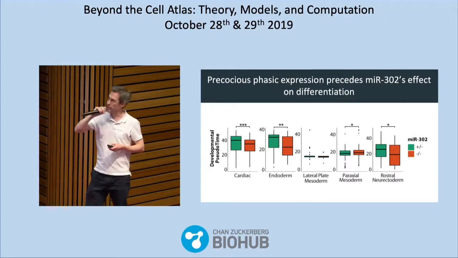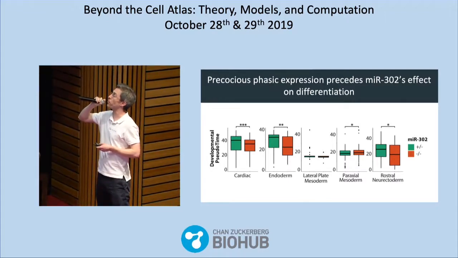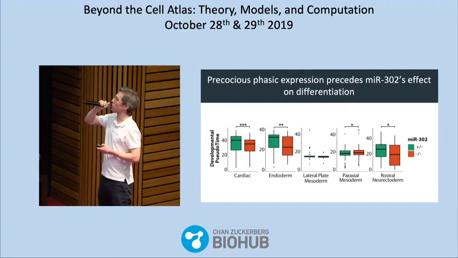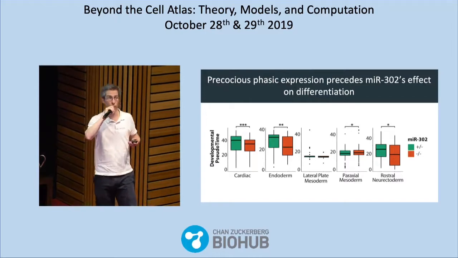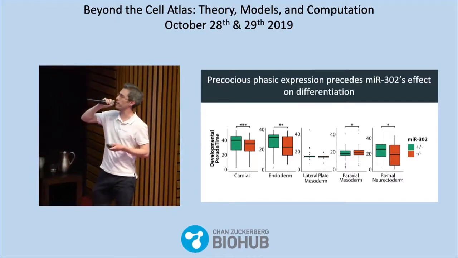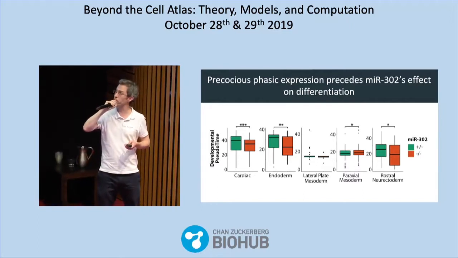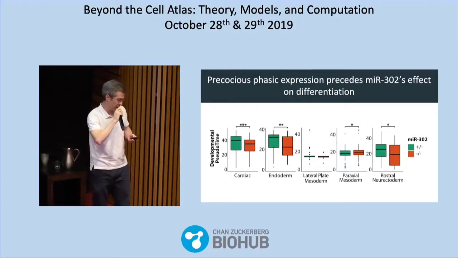And what you can see here, I don't think this is a phenotype, but I want to make the point that we don't see any difference in the differentiation status of the knockouts, which are shown in orange, relative to the controls. But we do see by a variety of different metrics that these cells have early evidence of phasic expression. So with that, our model is that the 302 cluster is promoting proliferation by suppressing the G1S checkpoint and timing differentiation in the embryos.